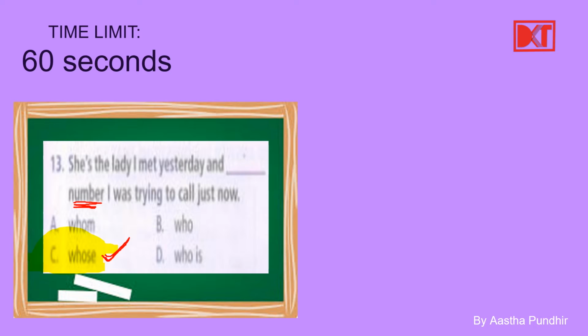Then for the other options, you see A, whom is used for a person, but when that person in the sentence forms the object. Then we have who is also used for a person, but when that person forms the subject. And D, who is again a subpart of who. We can complete this and say like who is this or who is he. All right.